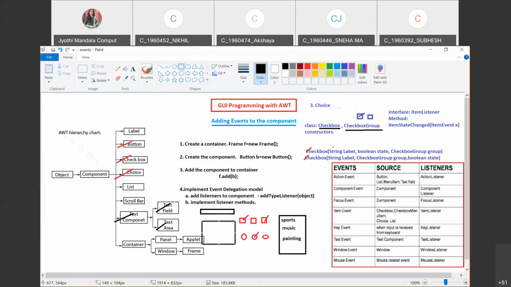In your last lab, you have already created the text field. You have already created all of you. Like you have a class called text field, and using that you can create that text box and you can get the text. Whatever you enter here, that will be considered as a text. And in the last class, you have done this in the lab. You have converted the text into integer by using some parsing methods and all, right? Now, what is the difference between text field and text area is you need to specify how many rows you want to generate whenever you are using text area. Text area is used to read, write, or to get the address data from the user.